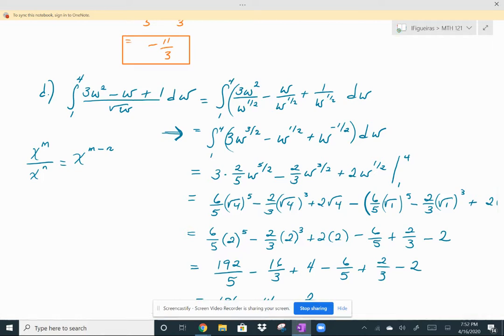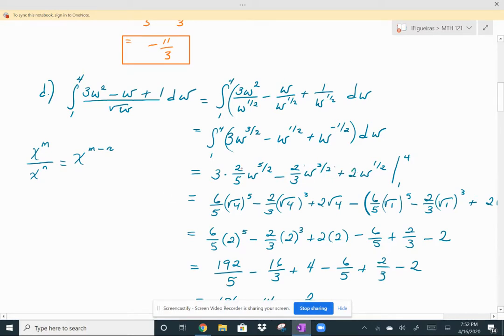So in the next line, we are taking the antiderivative and we are applying the anti-power rule to all 3 terms. Add 1 to the exponent and multiply by the reciprocal. That's what you see here and here. Do the same thing with 1/2. Add 1, that's 3/2, multiply by the reciprocal. And repeat the process for the last term. All right, so then in the next line, we can